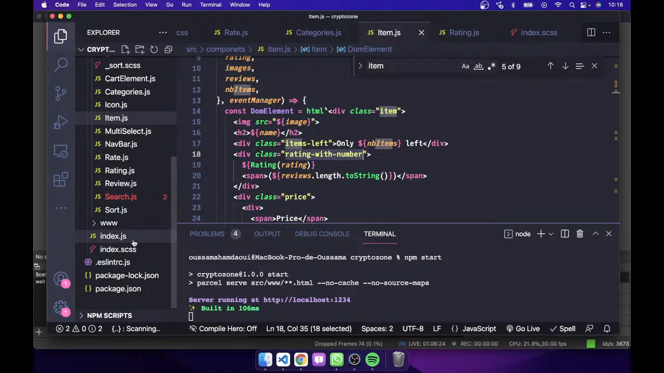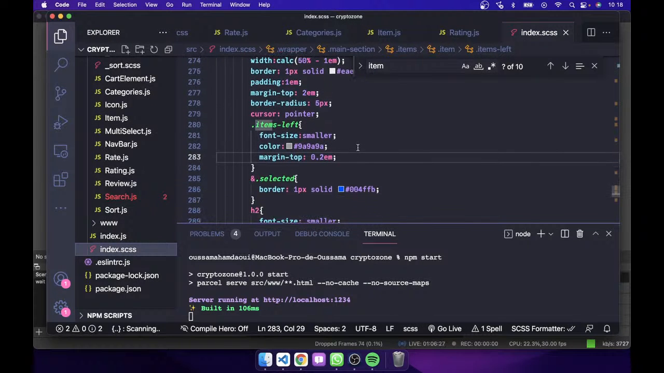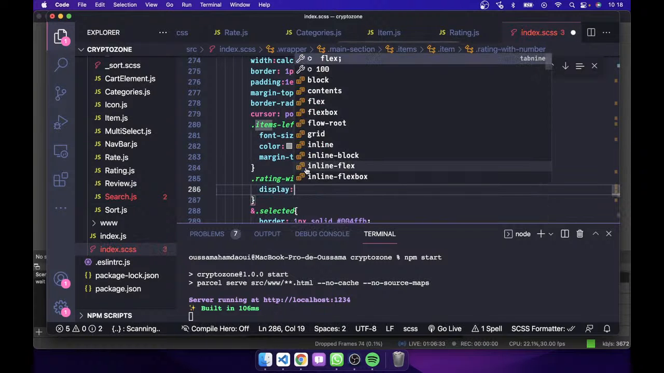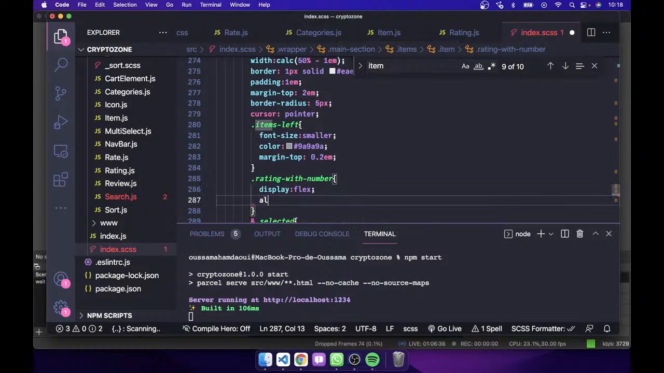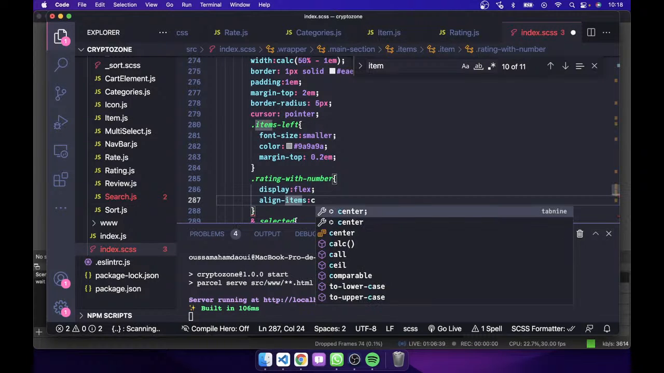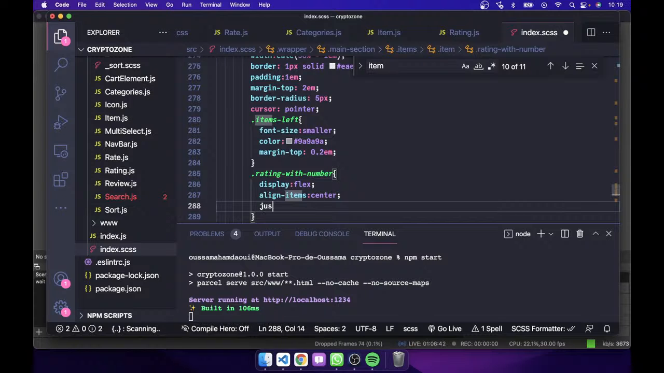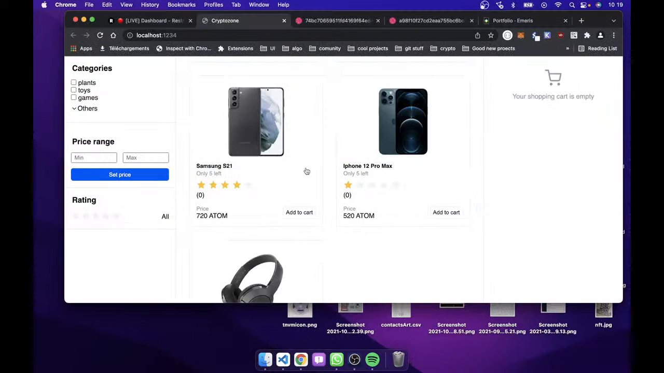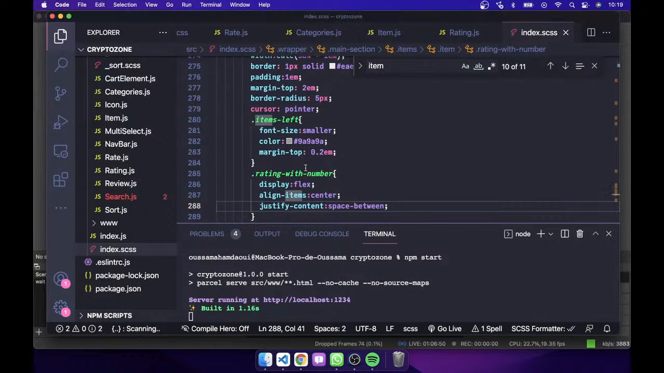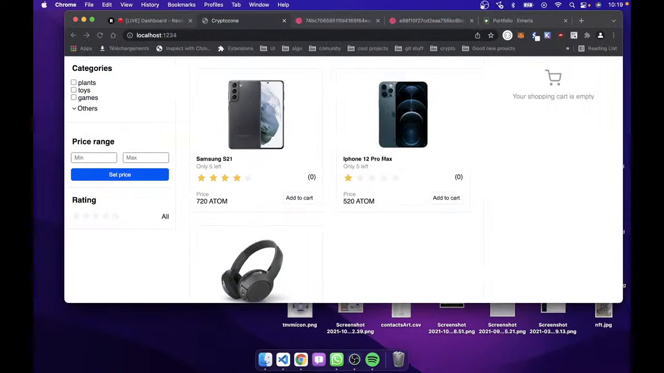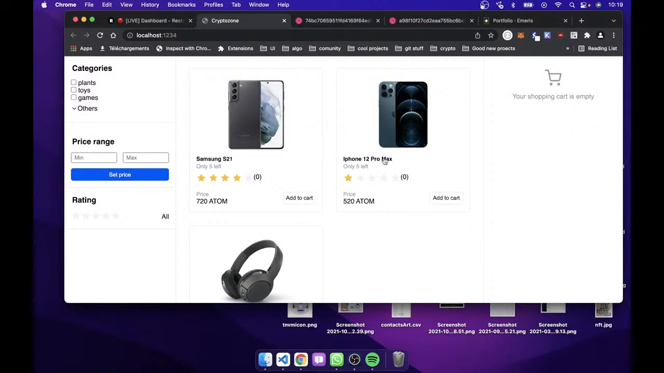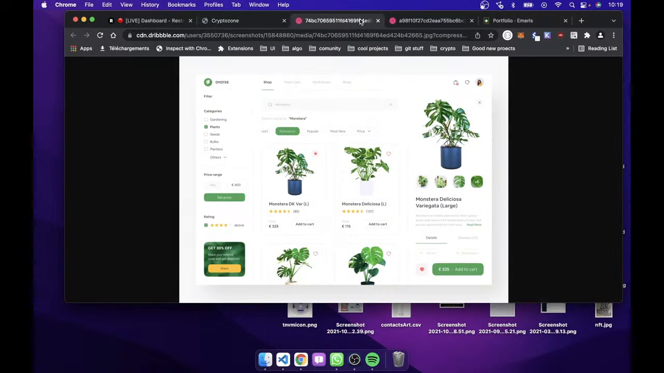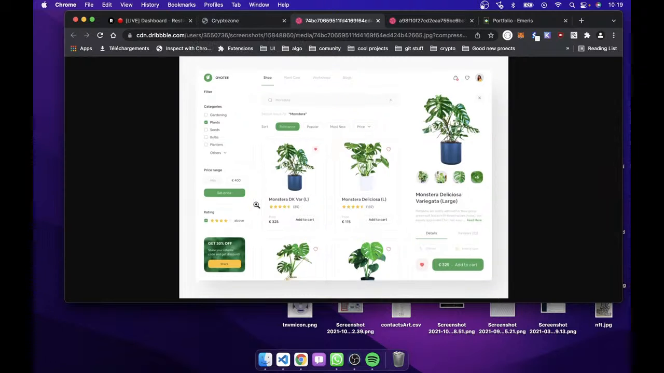and inside my item here, I'm just going to say display flex, align items center, and justify content space between. No, not space between. I don't care about space between. I'm just going to leave it like this. Maybe do like